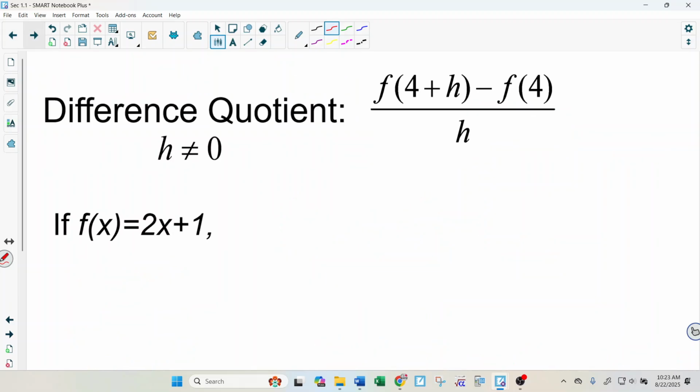So first off, I'm just going to write it over here so we can be thinking about it. F of 4, if you put 4 in there, is 9. And f of 4 plus h